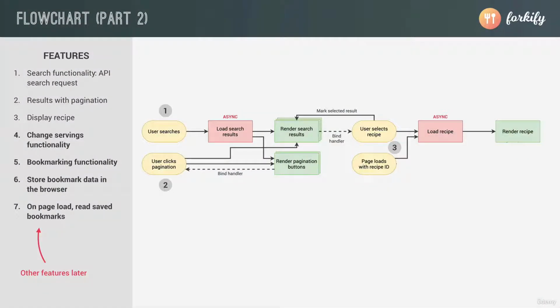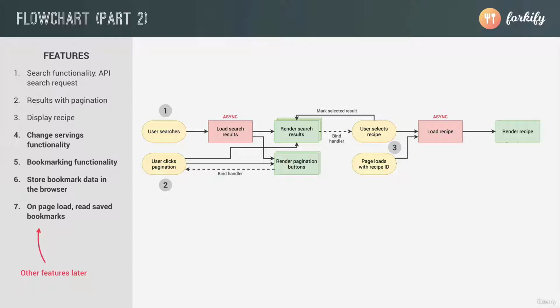So again, the core functionality is what we see here in this flowchart. And so that is basically the search functionality, then also displaying the pagination, and then displaying any recipe that was selected. And so that we already have working at this point. And so that is really great progress. But now let's take it to the next level and think a little bit about how we will implement our